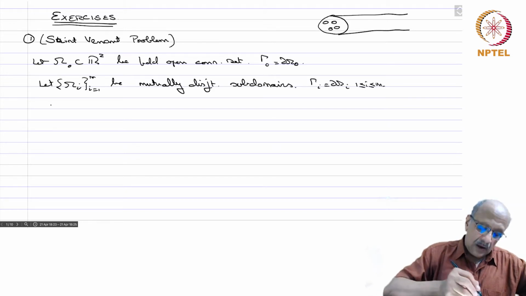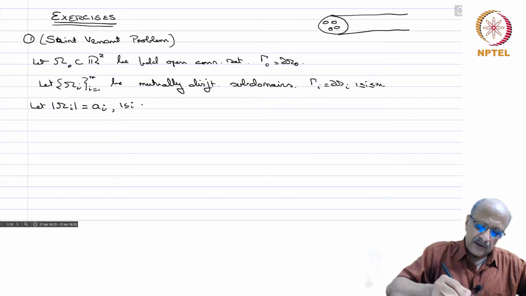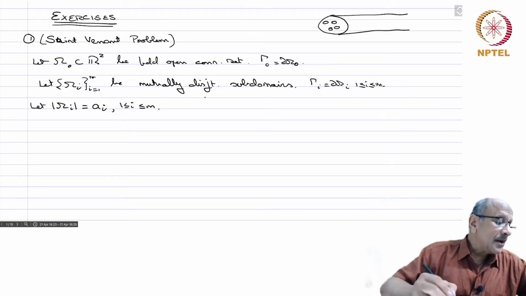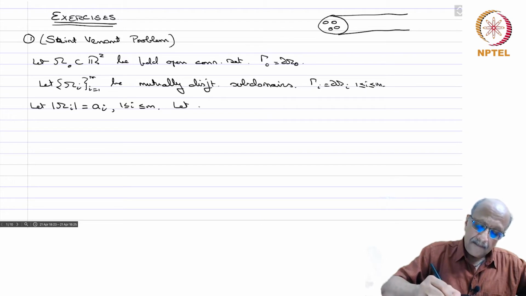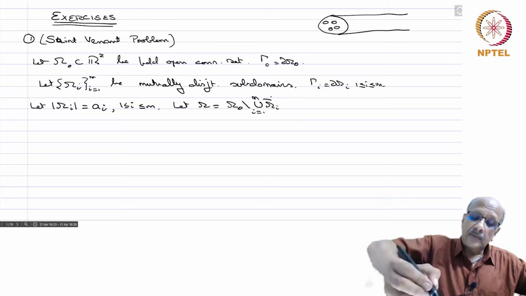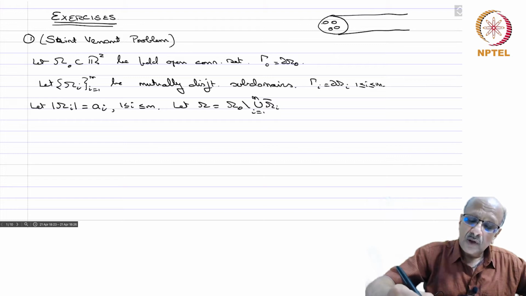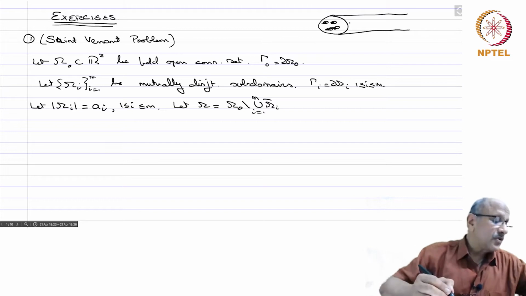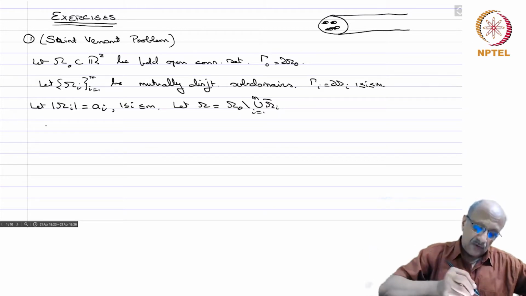let the measure of omega I equal a_i, 1 less than or equal to I less than or equal to m, and let omega equal omega naught minus the union, I equals 1 to m, of omega I closure. That means you remove the black shaded region; it is the portion other than the black shaded region. So it is that which is called omega. Okay. So find